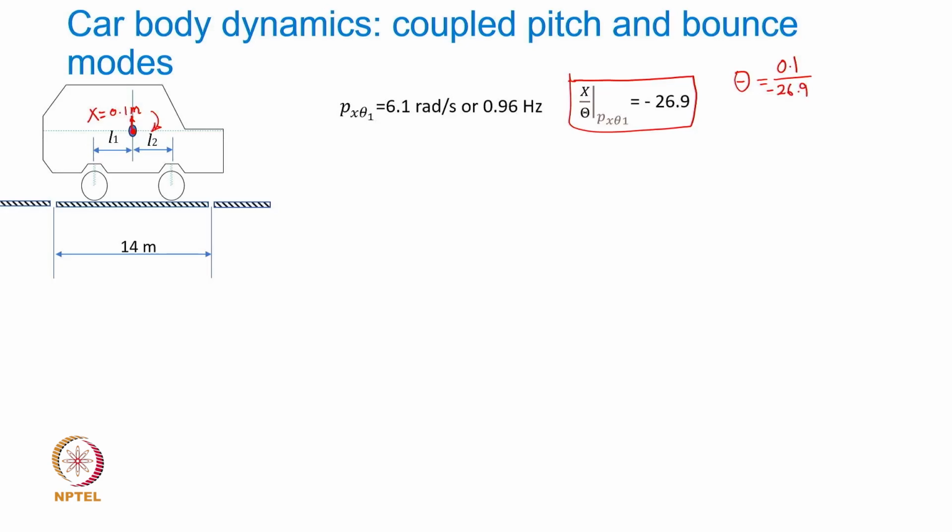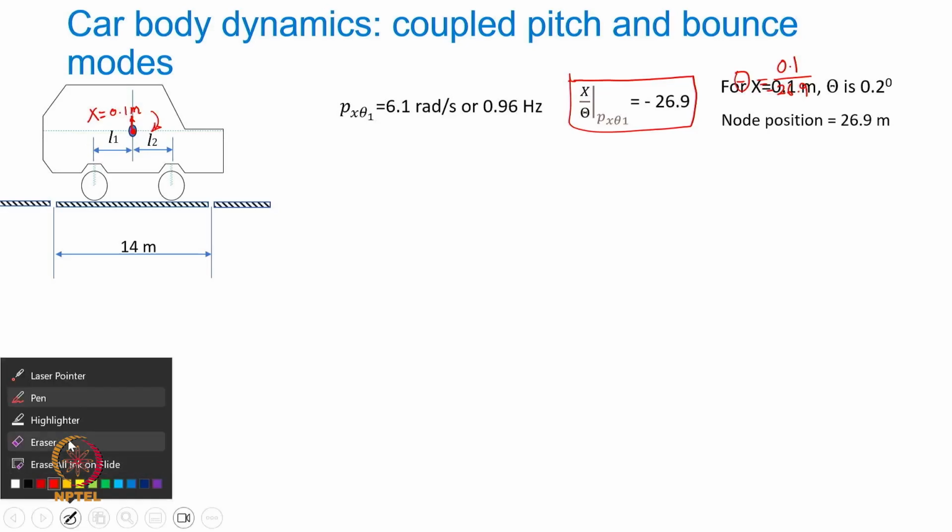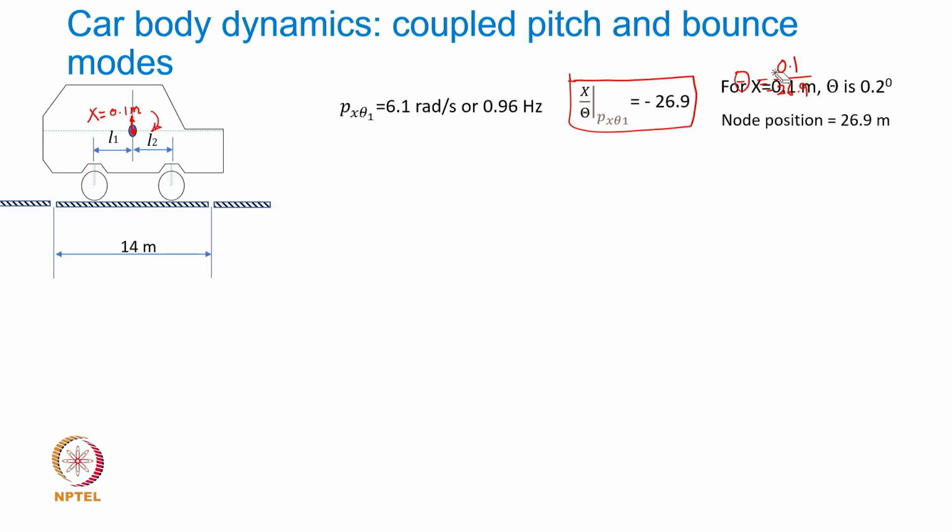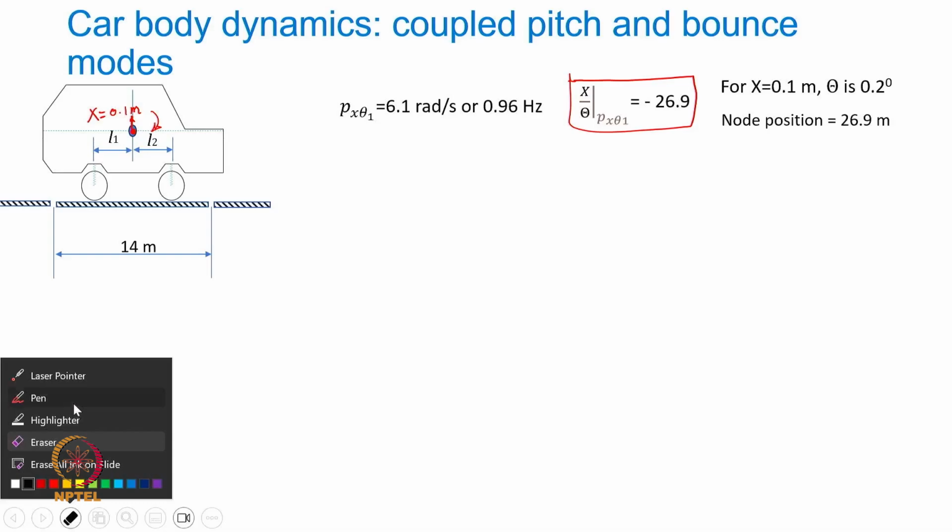Of course that is going to be in radians, so I can convert that into degrees, because we are quite at ease understanding degrees of rotation. So it is quite straightforward to find out that this theta would turn out to be 0.2 degrees. Okay,